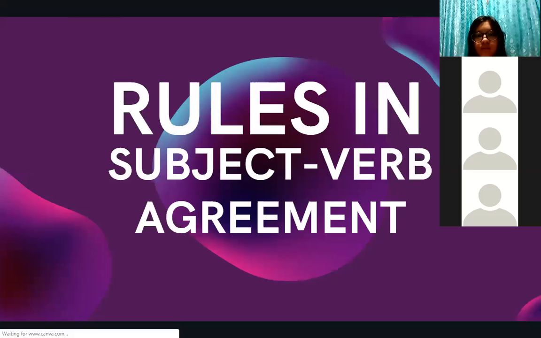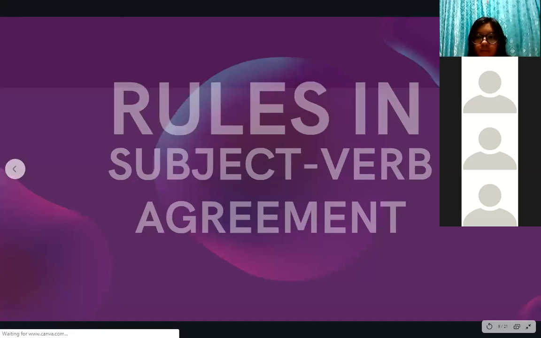Now, it is important that the subject agrees with the verb. Pag sinabi natin agrees, hindi naman pwedeng isa lang yung gumawa tapos yung output or yung action madami. Hindi naman multitasking yung tawag doon. But what we mean in this topic is that in our structure of grammar or of our sentences, kailangan yung subject natin would agree to our verb. So let's identify the rules on the subject-verb agreement.